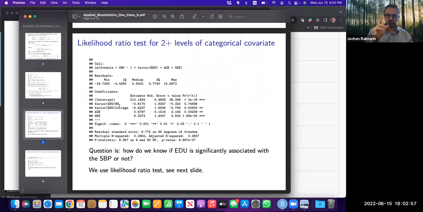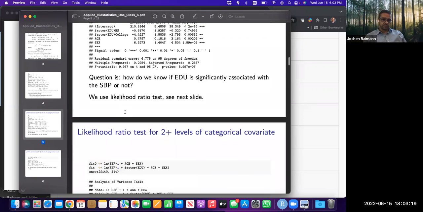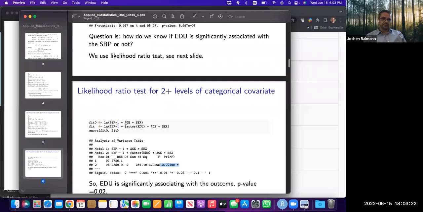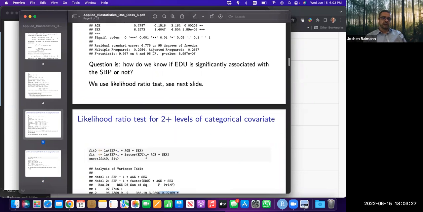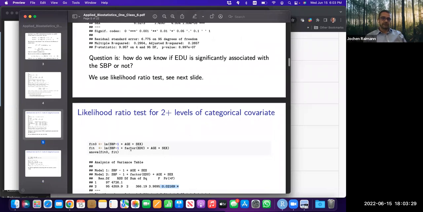You have now not two groups, like a group 1 and group 2. Now you have 3 means, right? So you have a mean for not completed high school, the mean of that group that completed high school, and then the mean of those that completed college. You're basically doing the same thing. You build 2 models, one containing age and sex, which are our continuous predictors in here, and then a second one that includes, in addition to that,